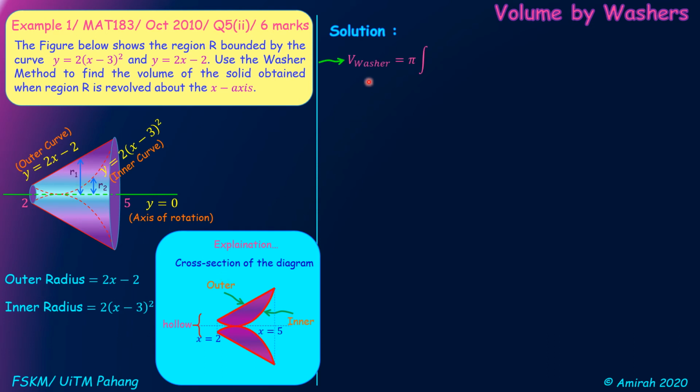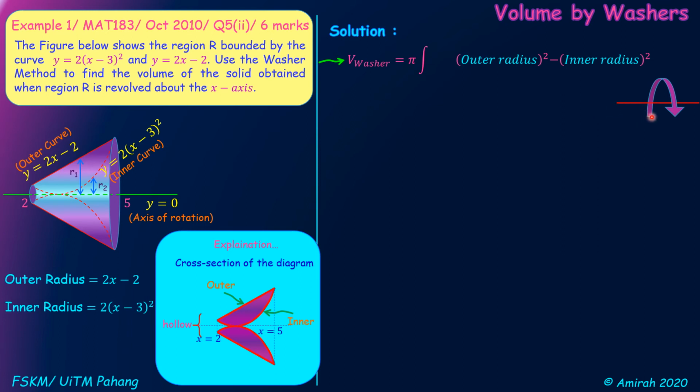From the volume by washer formula, volume equals pi times the integral of outer radius squared minus inner radius squared. We square first, then we subtract. It is not the outer radius minus the inner radius in the same bracket squared, but we separate the squares. So from this formula,